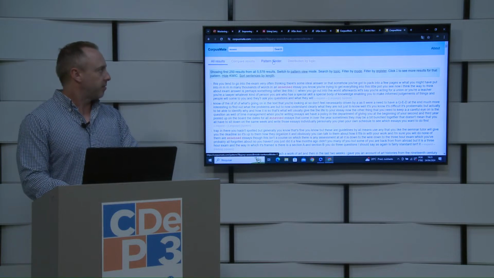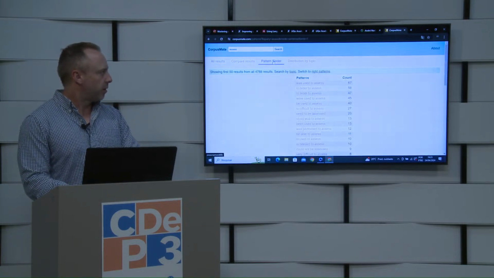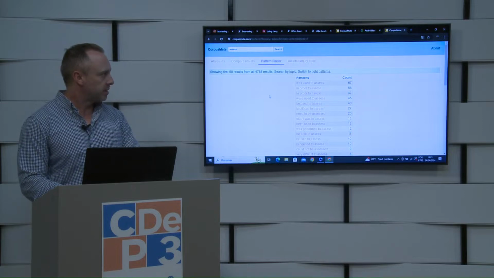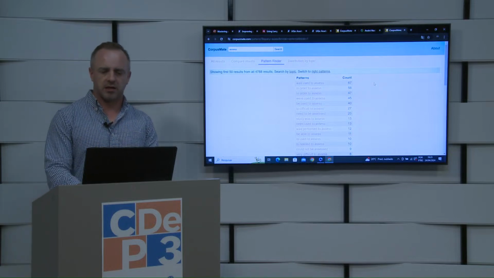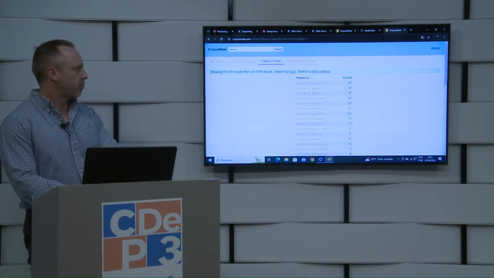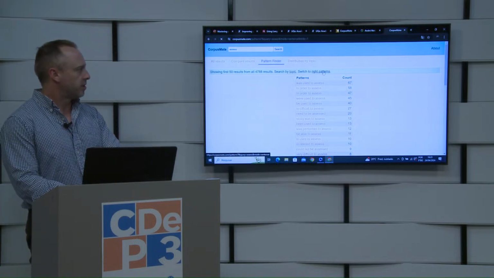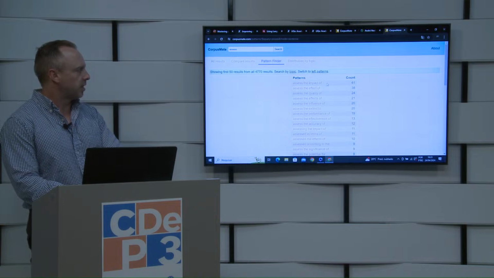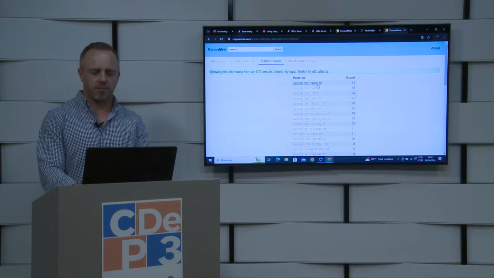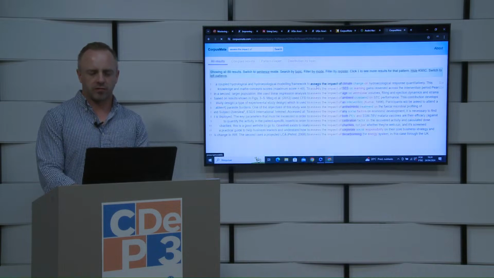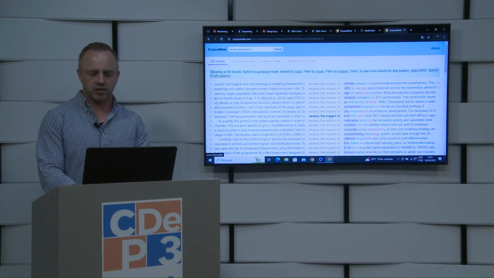If I click the pattern finder button, I've got the ability to then see those patterns, in this case the left patterns, just at the touch of a button. So in this case I can clearly see "was used to assess" is the most frequent 4-word combination that appears to the left. If I switch to the right patterns, I can click "assess the impact of". I can see this appears 61 times. All of these are clickable, of course, to take me straight to those results.